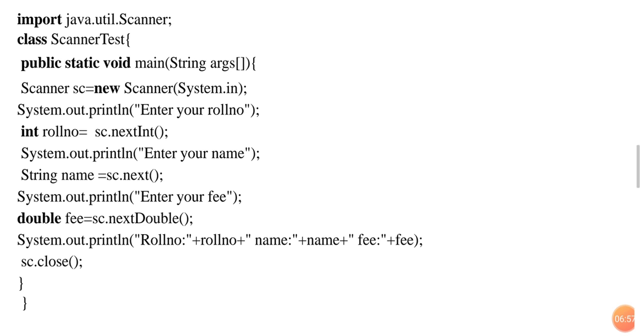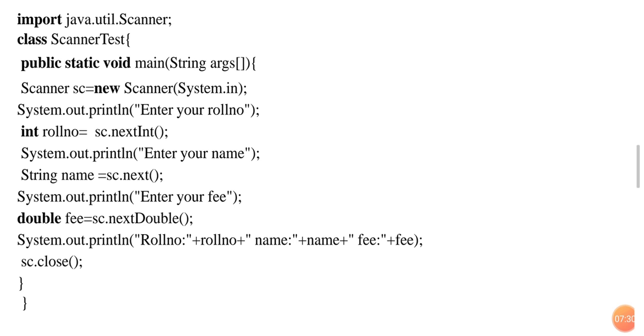from the reader by using the sc.nextInt, by invoking the nextInt. So whatever the token typed on that keyboard, it scans as integer and it assigns to the integer type of variable rollNumber, because the specified data type is int. Roll number data type is int. So it scans whatever the token comes from the input device keyboard, scans as an integer and it assigns to the roll number.